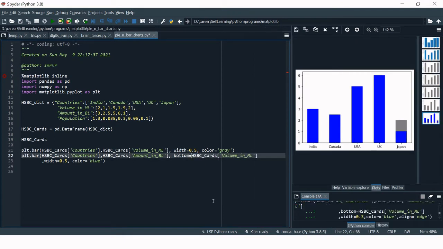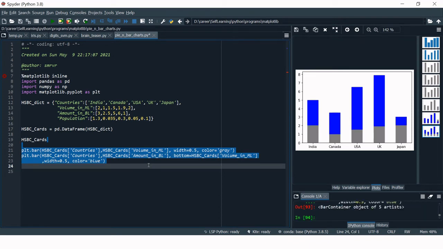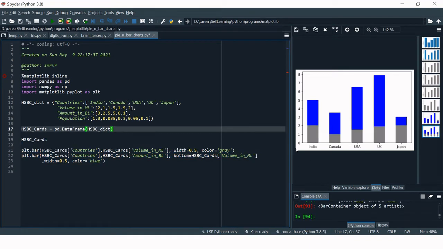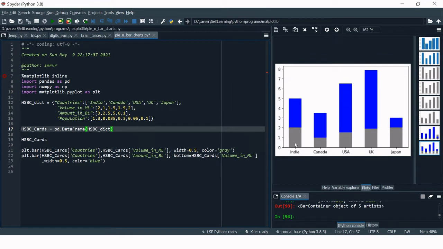I just don't have to put the comma over here. Like you can see this, if you notice, India and this line is at 2 and then this line is at 3. So in total it makes 5, out of which 2 million indicates the volume, and from 2 to 5 indicates amount. Similarly for Canada it's 1